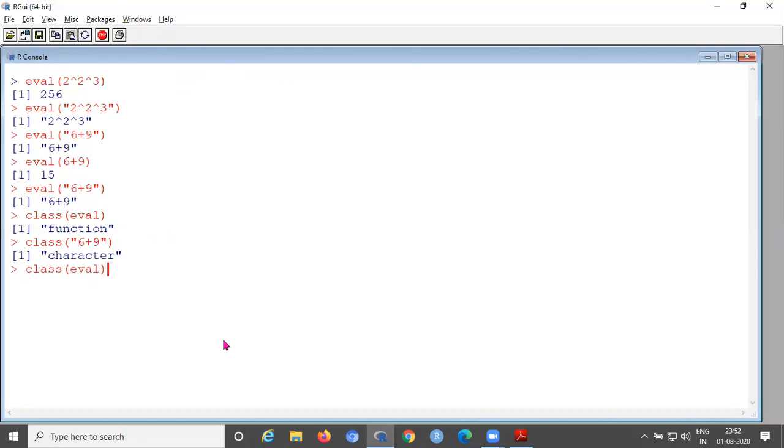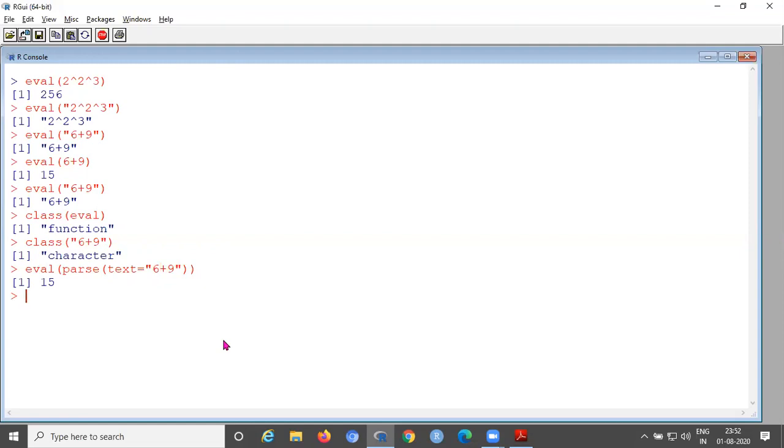Now by using parse inside the evaluate function, the command is parse with text equal to the string within double quotes. Now close the parentheses.